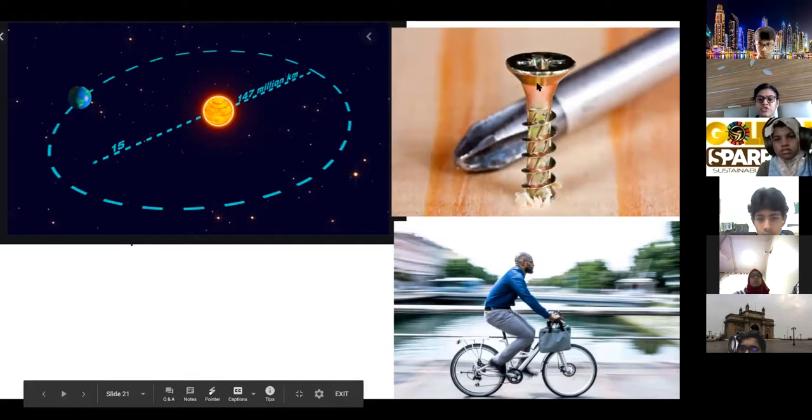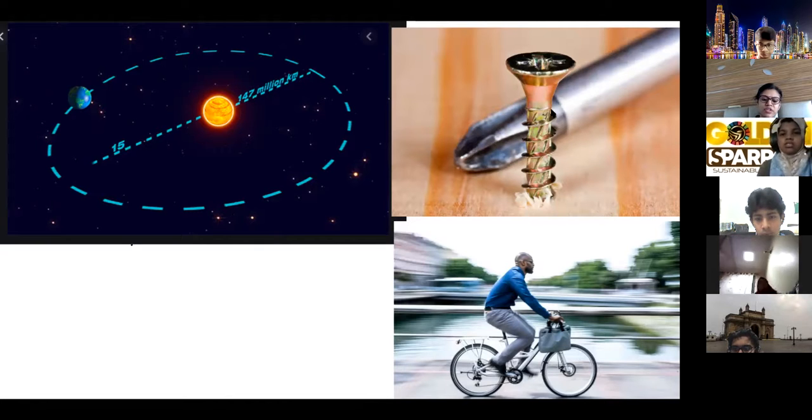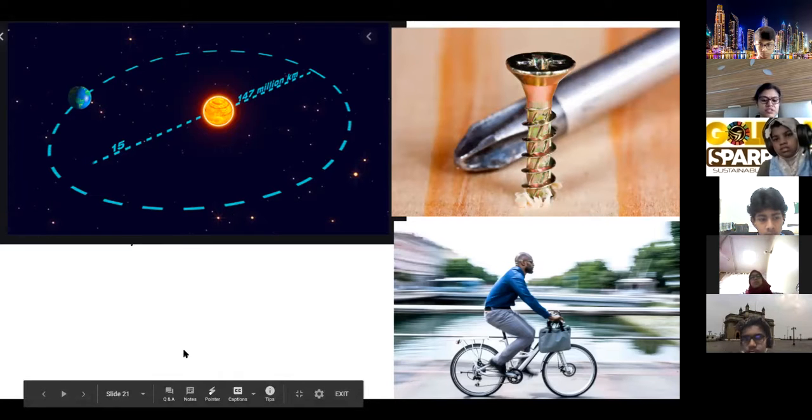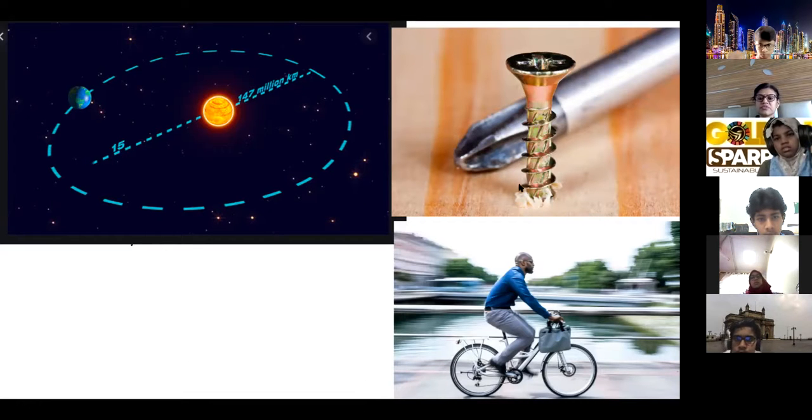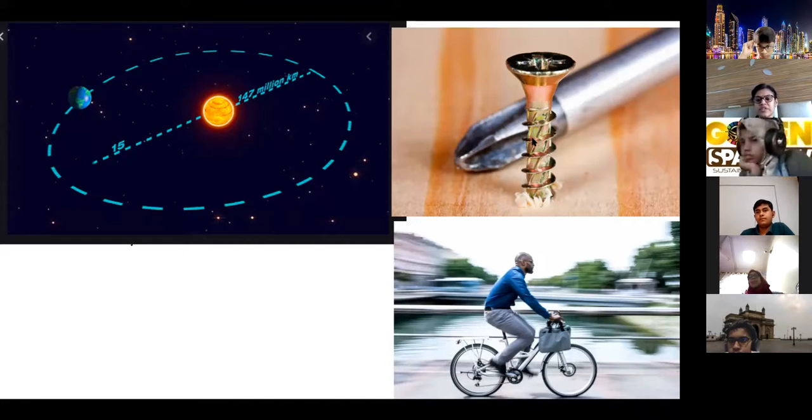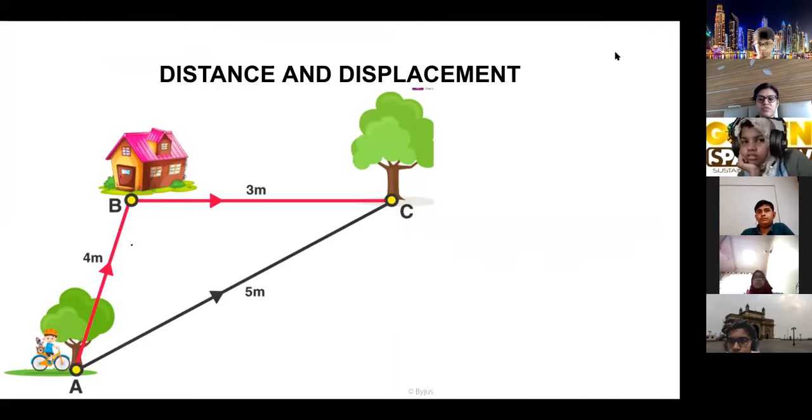What type of motion? You know, this is a screw. When you are tightening a screw or removing a screw from wood, what type of motion is taking place? Who will answer this? Mudabbir? Ma'am, screwdriver, rotatory. Rotatory and rectilinear. Yes, because it goes straight inside, so it is rectilinear and rotatory. So it is clear to you all what is rotatory and what is rectilinear.